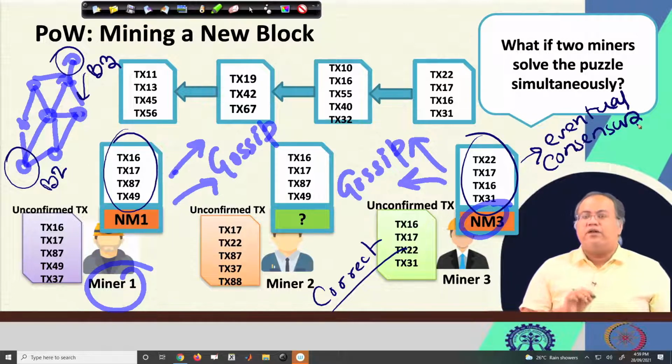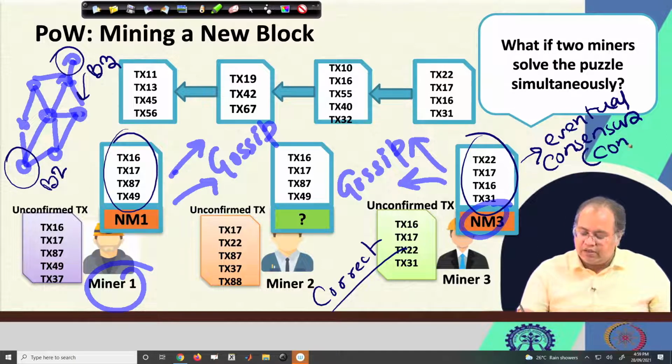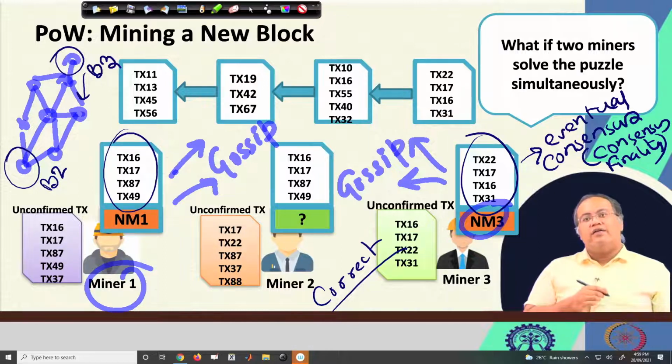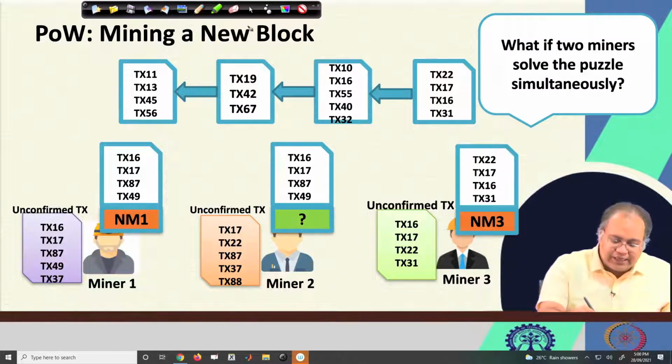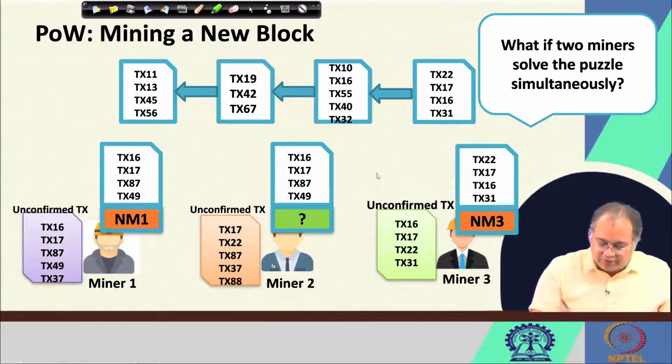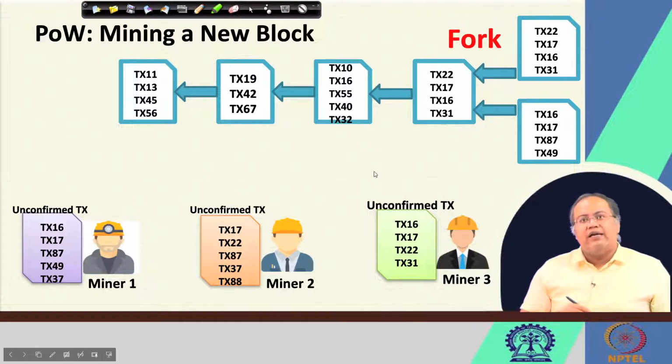Well, so I want to support this eventual consensus finality. This is something that I want to support in this case. So, the question comes: how can we support this eventual consensus finality in such a scenario when multiple blocks are getting propagated? So, the idea that is being used in proof of work mechanism is something like that, that